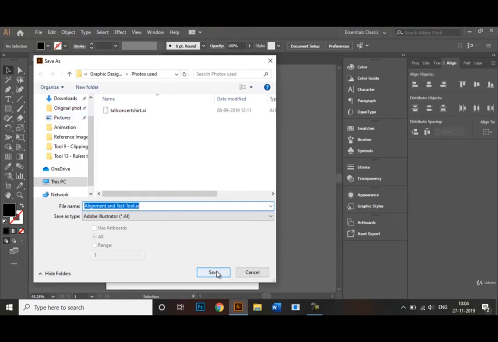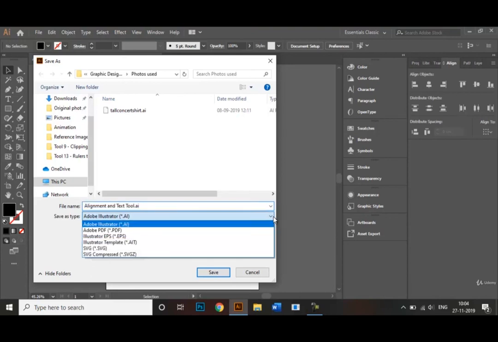And then we just click on save. Now, apart from saving it as an Adobe Illustrator file, we can also save it as a PDF. So if we click on this drop down box below, this Adobe PDF option comes right in. So we can save it in a PDF format and click on save,